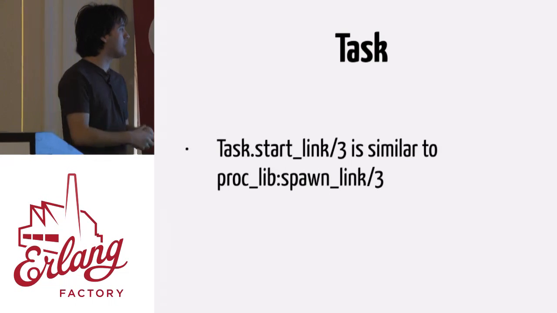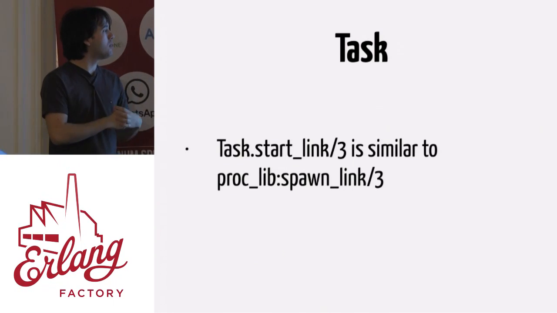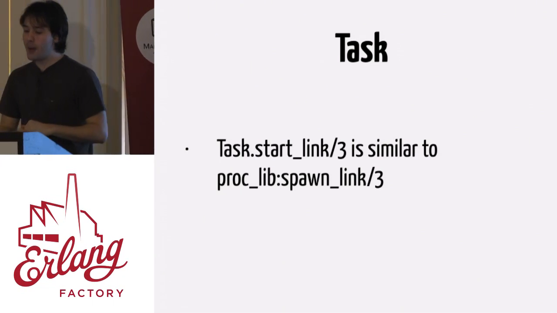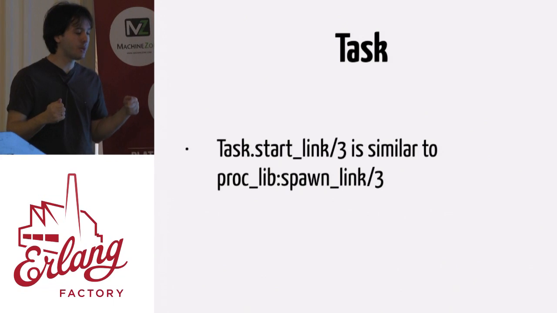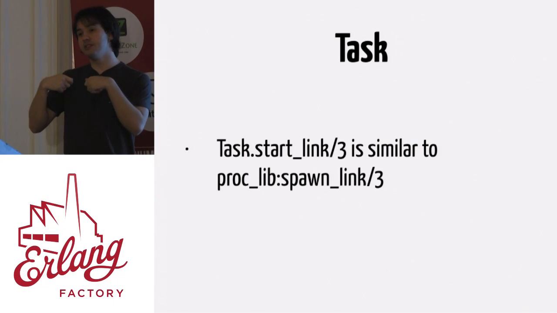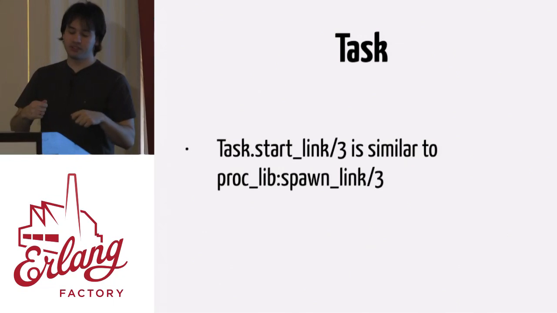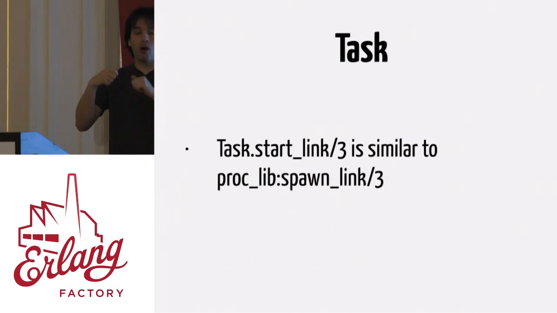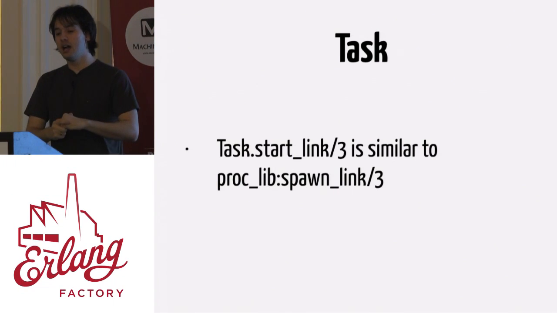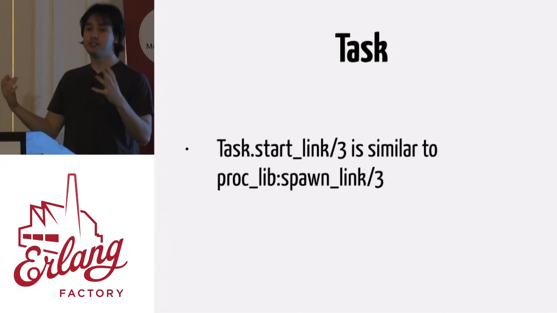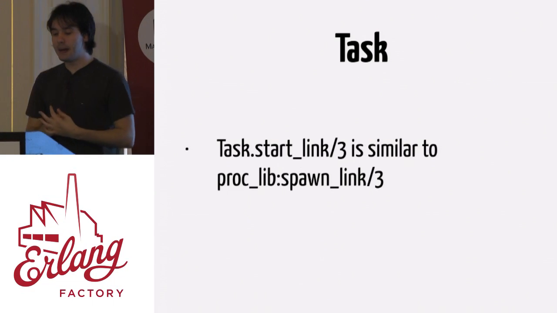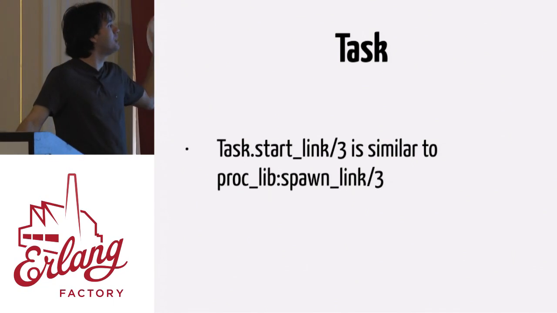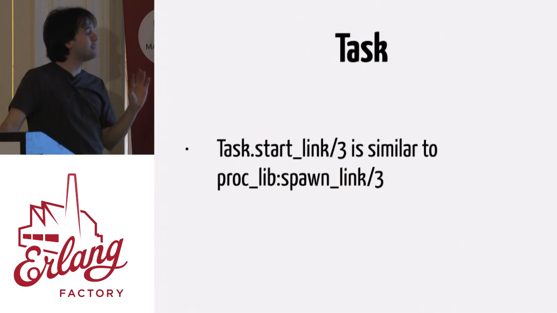So let's take a look at what we gain with those. A task, for Erlang developers, when we say Task.start_link, is very similar to proc_lib spawn_link that we have in Erlang. The difference here is that we are really pushing forward the usage of tasks. In our getting started guide, we say, instead of creating a process with spawn_link, use Task.start_link, because you're going to get nice logger messages, and we can make a better effort in there. So we're really putting it out. And Task.start does pretty much just this, just start_link, and it doesn't do anything more.